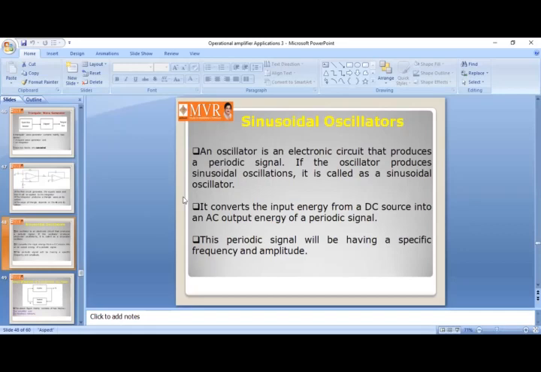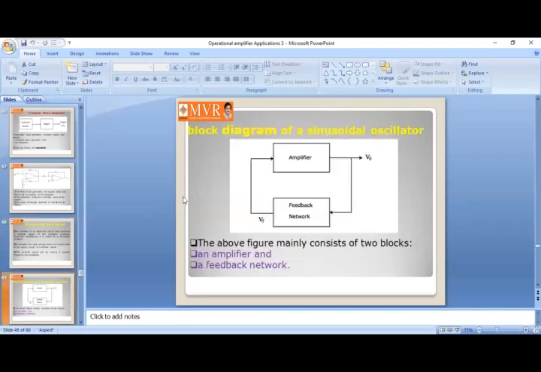So how these sinusoidal oscillators can be implemented by using our operational amplifier. We know that an oscillator circuit is going to produce a sinusoidal waveform when it is going to satisfy the two conditions. So that is,